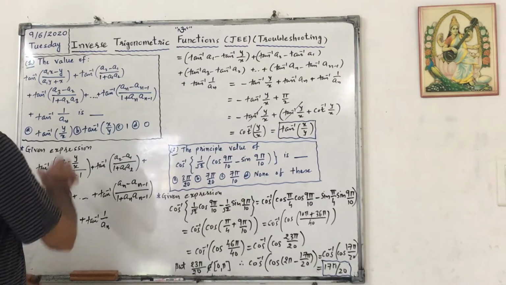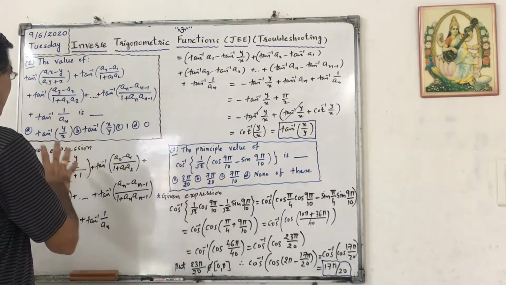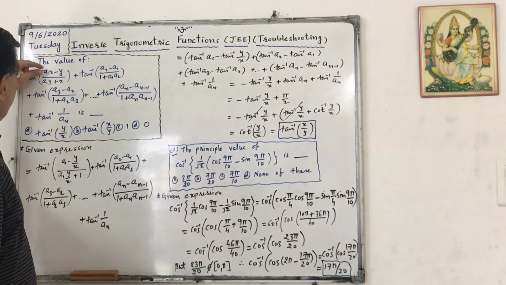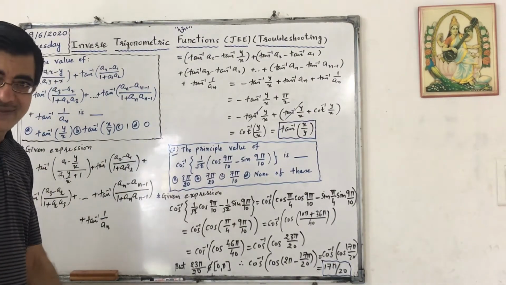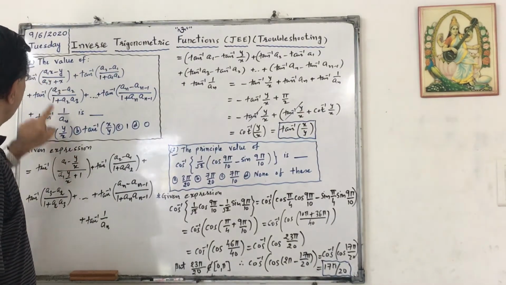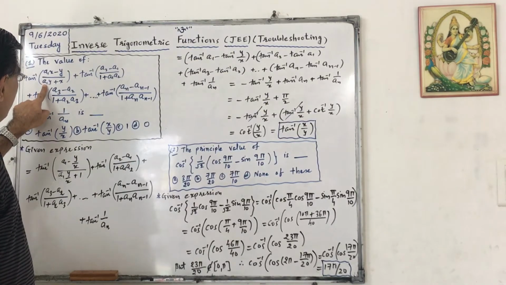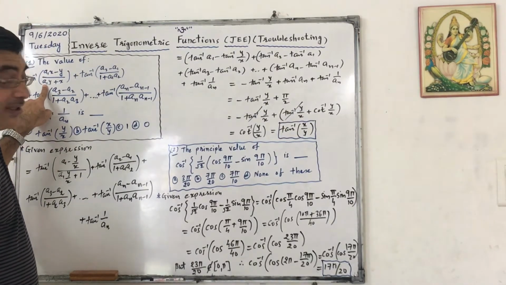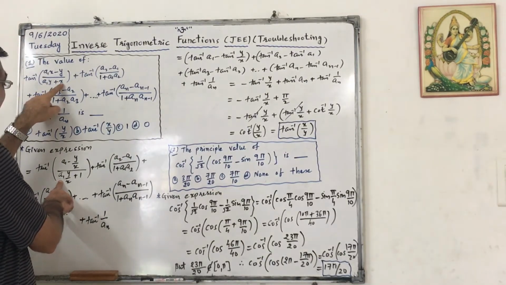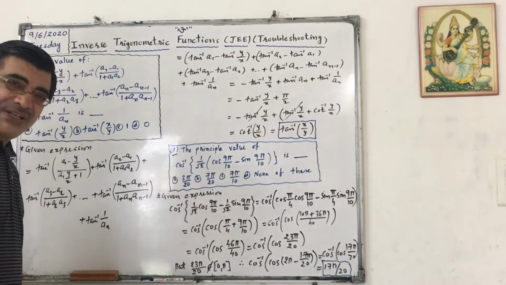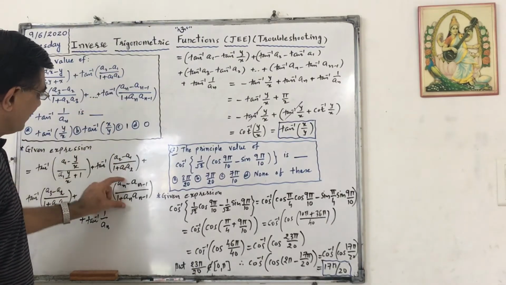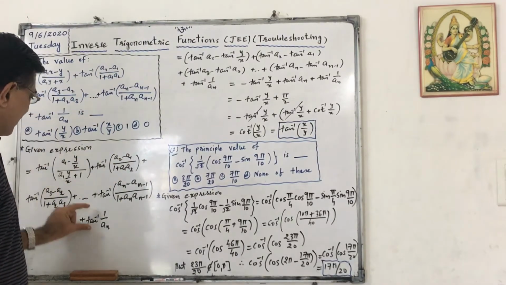First of all, given expression, let us simplify. See, here it is a1x, so let us divide numerator and denominator by x. So it will become tan inverse of (a1 minus y by x) divided by, I am dividing by x, so it is a1 into y by x, and x by x is 1. Plus keep this term as it is, keep this term as it is, and this term as it is.